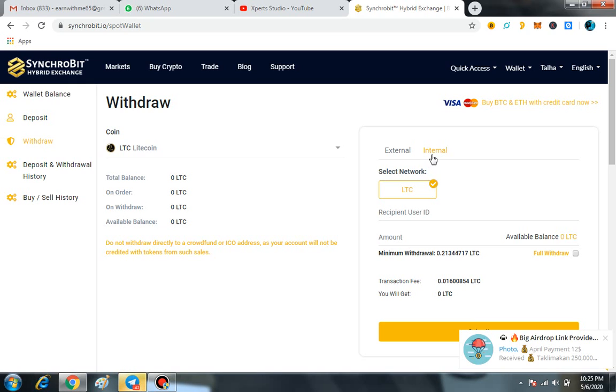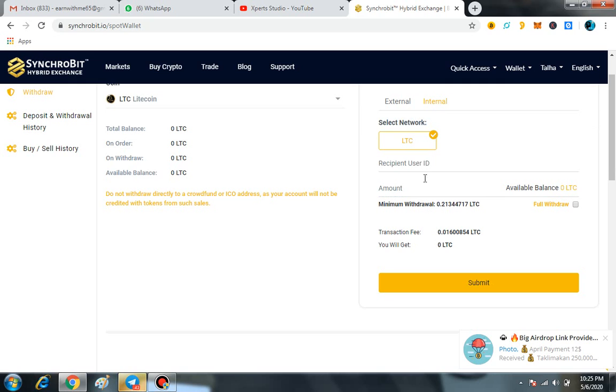For example, if I say internal account, then I only have to enter the user ID of the second person to whom I am sending my LTC. Then I have to enter the amount and everything. Here you can see the minimum withdrawal is only about 0.213. That is entirely low. And also you can see the transaction fee is only 0.016 LTC.